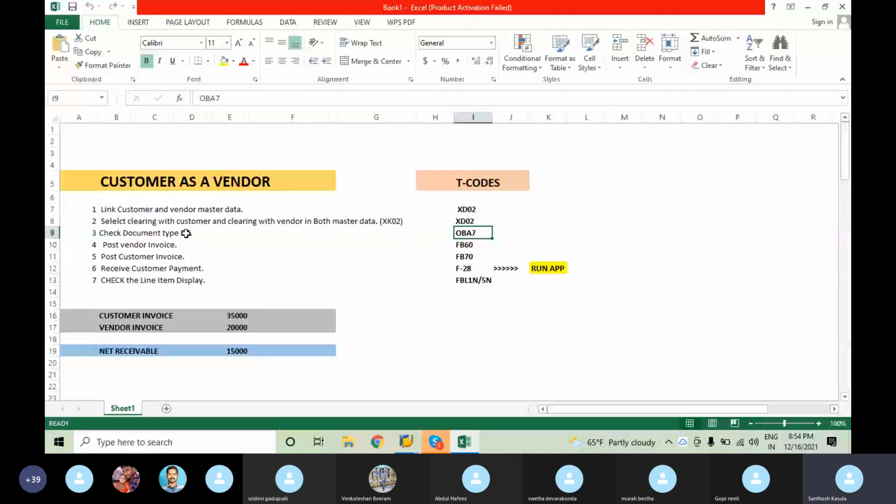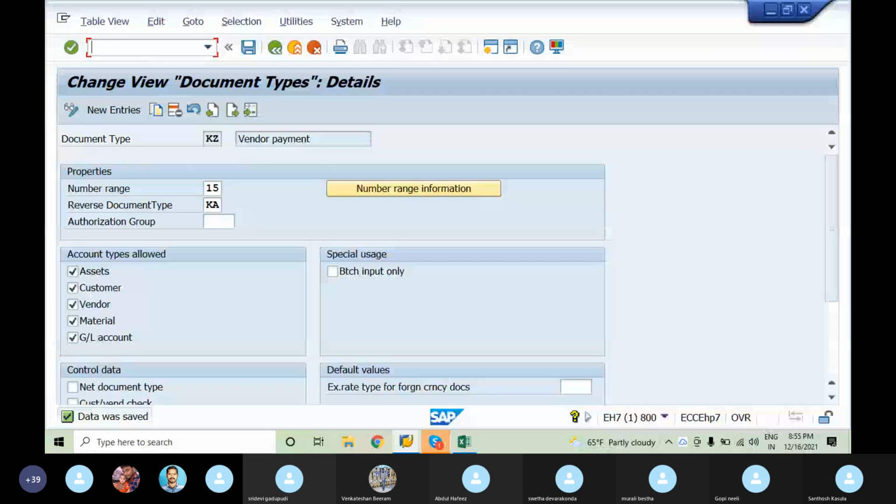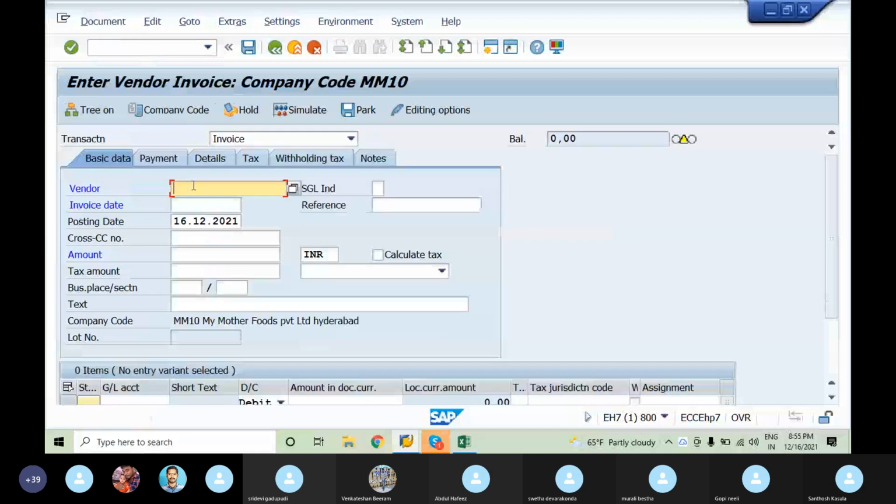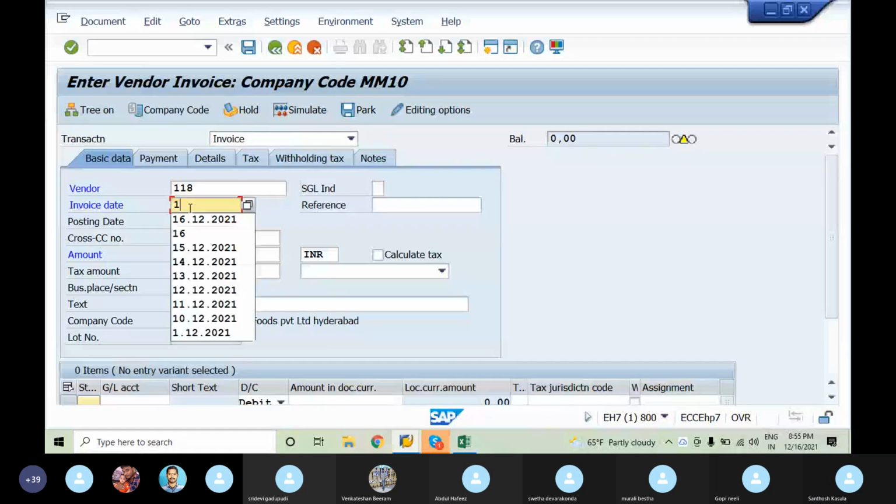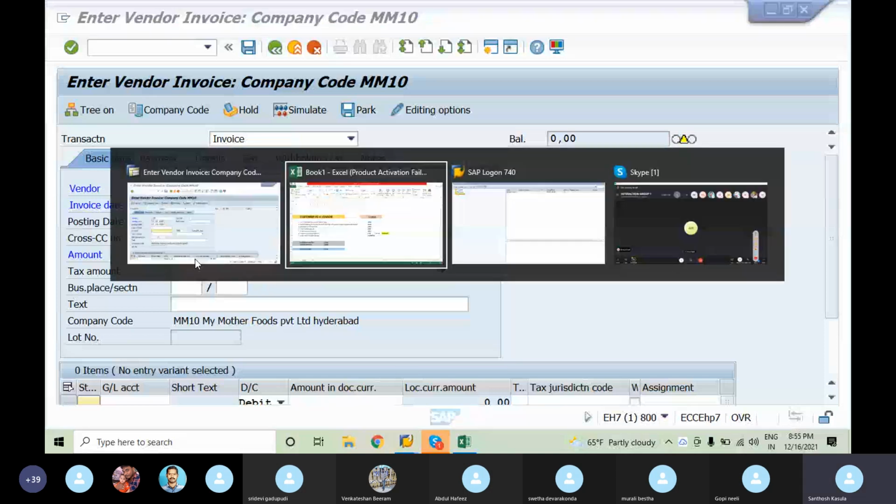Now we'll post the vendor invoice, which is 20,000, or whatever is less than the customer invoice. FB60. The vendor invoice is 20,000.